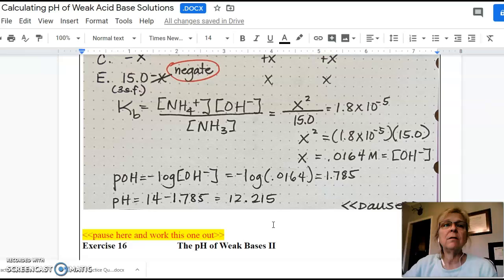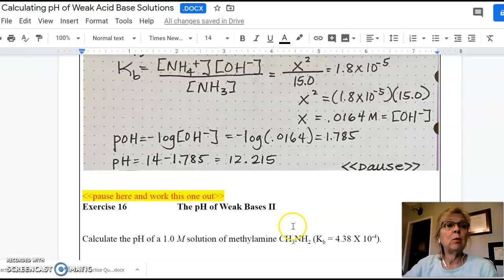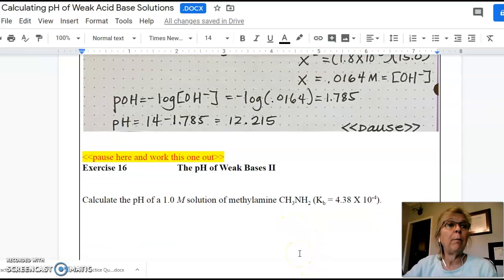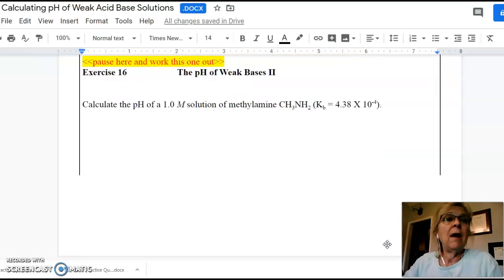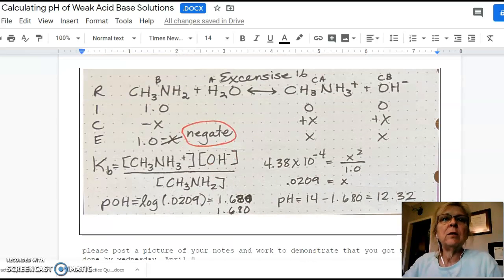Now, here's another situation where you will pause your video right now. I'm going to go ahead and scroll this down so you can see the question that we're pausing on. This is your job to now see if you can answer the question. Calculate the pH of a 1.0 molar solution of methylamine, CH3NH2, with a Kb equals 4.38 times 10 to the negative 4. Go ahead and take this time right now, pause, and answer this question. Okay, so after we have answered our own answer, let's see if we did it, okay? We also had to write out the base